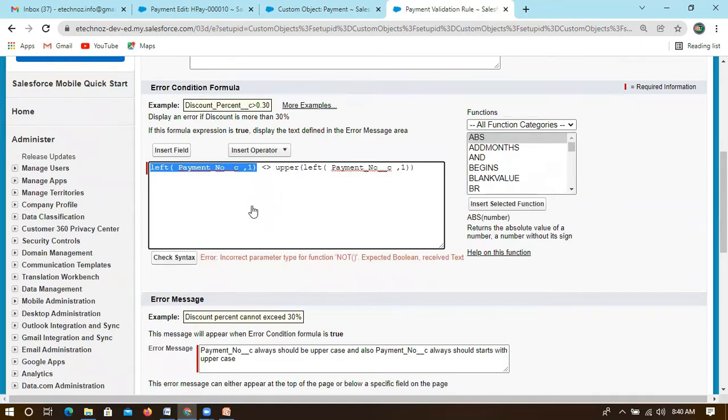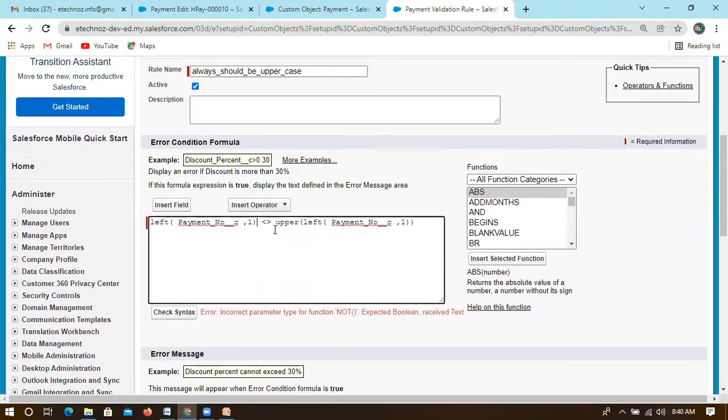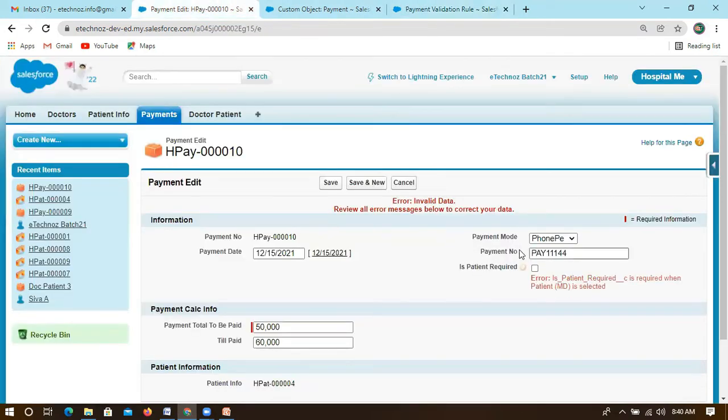But this is something different. If you are checking for the positions, you have to mention it in this manner. You go to that field and write the left position. You can also write the right side, so from the right also you can check. From the left, it will be checking: if someone is entering A, it should be caps, and it should also start with pay. If someone enters normal pay, it will throw an error. Both conditions we can add here with an OR.